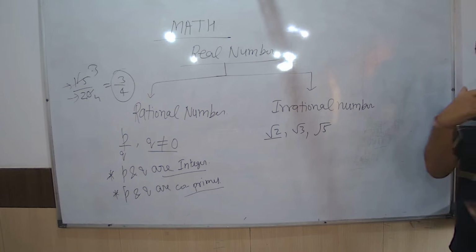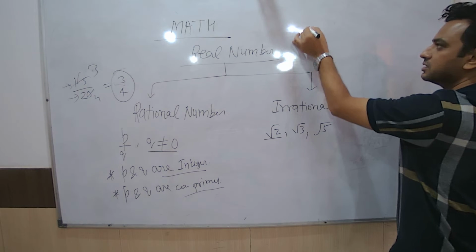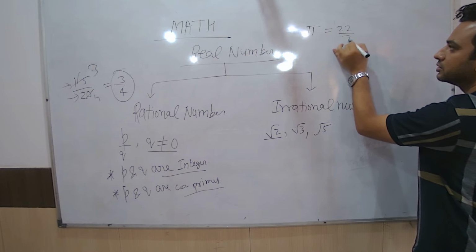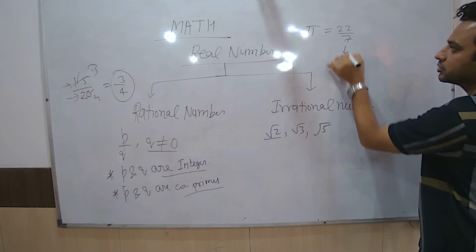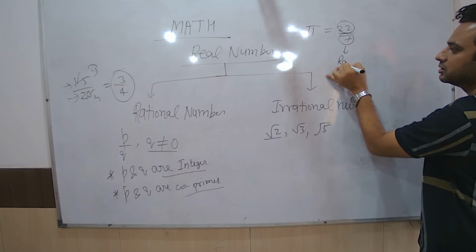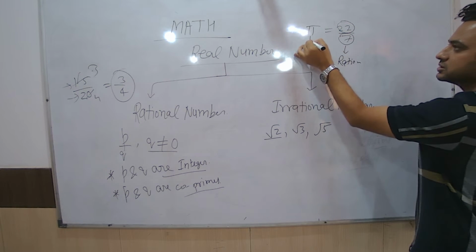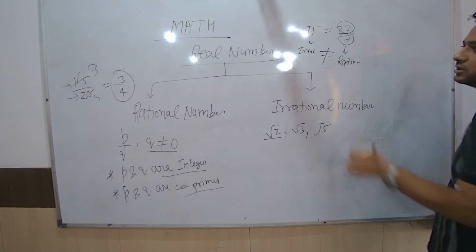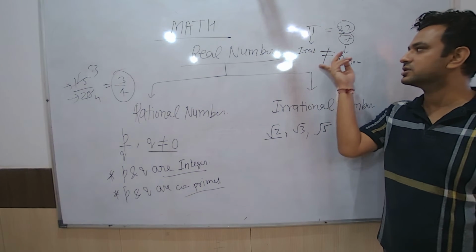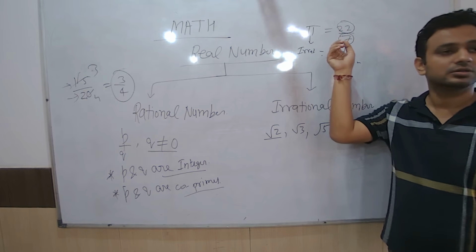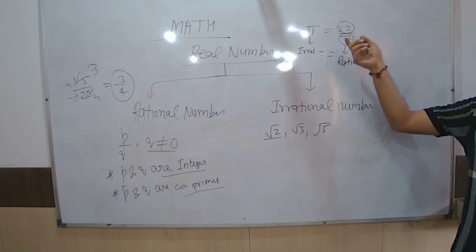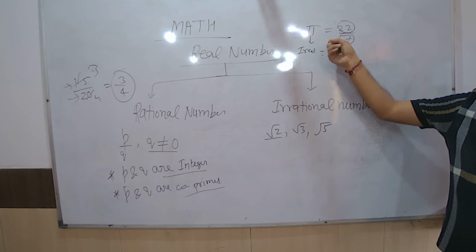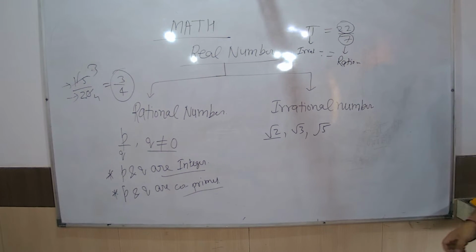We have discussed pi is an irrational number, but its value is 22/7. So it is a rational number because integer upon integer. So rational number, but I am saying it is an irrational number. So how can it be possible? Irrational number is equal to rational number because that is the approximation. This is not the exact value of pi. This is an approximate value of pi. Got it? ठीक है।